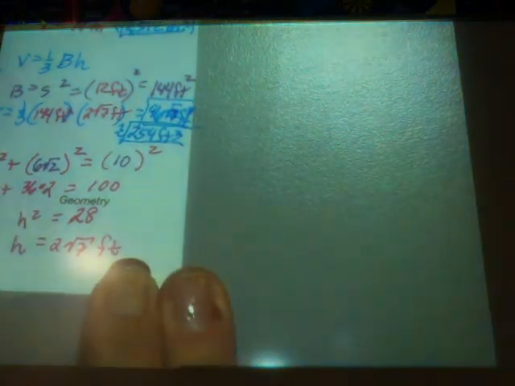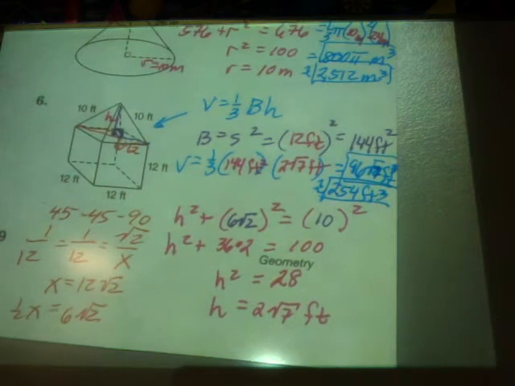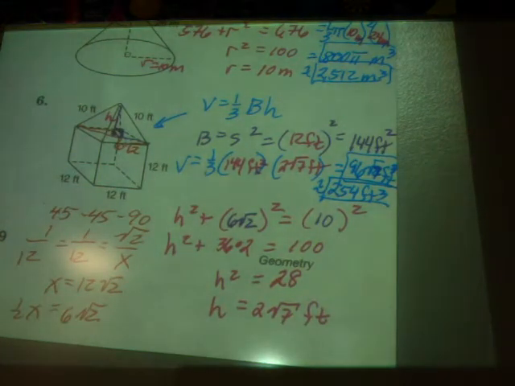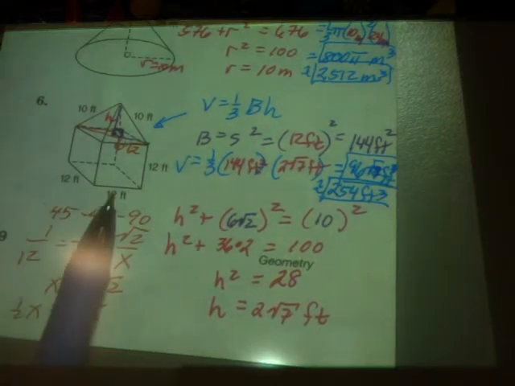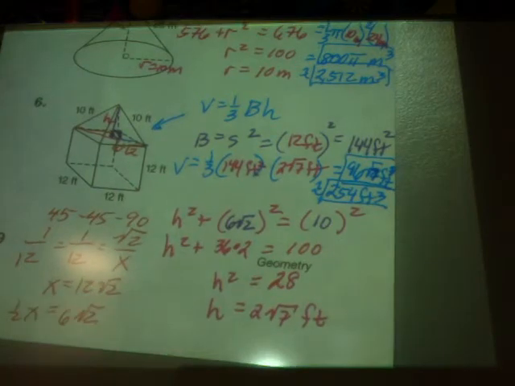So that's about as hard of a problem as you're going to get. It's a lot of work for that problem. Oh, am I done though? No, that's just the pyramid, right? Now the volume of the cube is very simple, isn't it? How do you find the volume of the cube? Area of the base, 12 times 12 times the height. So the volume of the cube,